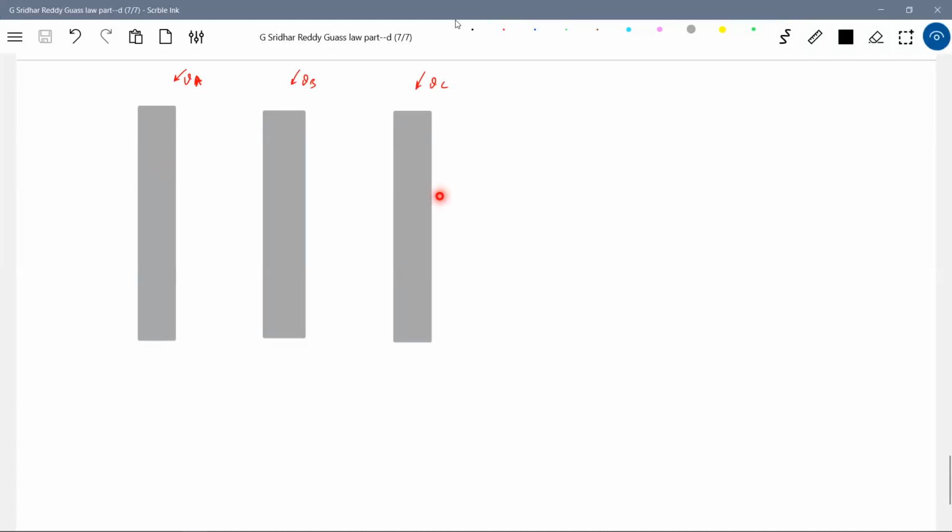Charge on these external faces should be equal and of the same sign. And the charge on these faces should be equal and opposite. And the charge of a given plate should be conserved. Keeping that in mind, what is the formula? QA plus QB plus QC by 2. This also QA plus QB plus QC by 2.